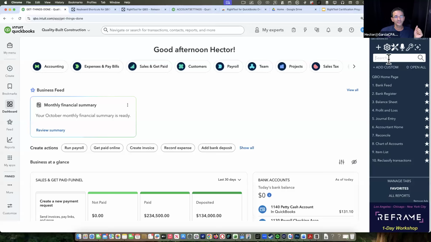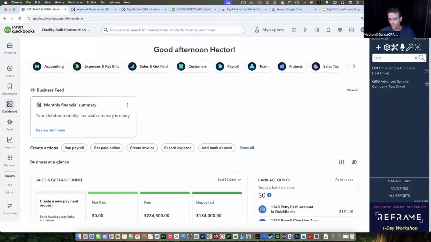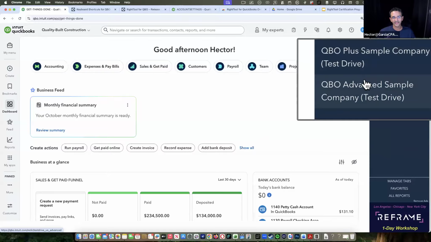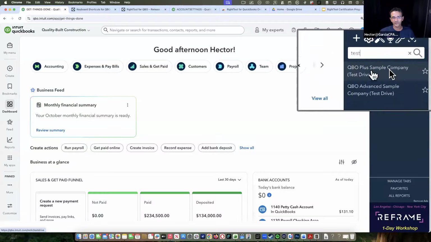Now, the purpose of the search bar is for you to type anything you want, press enter, and it directly opens QuickBooks search. Or type anything you want, and if a shortcut exists under that name, it will show up there as well. So for example, if I write the word test, so I'm just making it very simple. I write the word test. There are two things in terms of the built-in shortcuts that have the word test in it. So you can click on any of those and access those